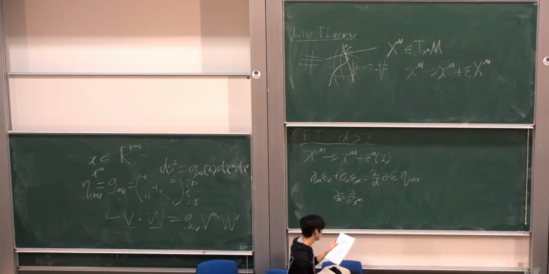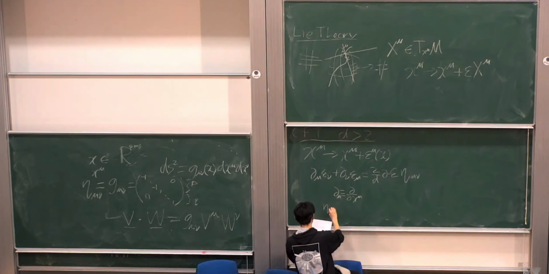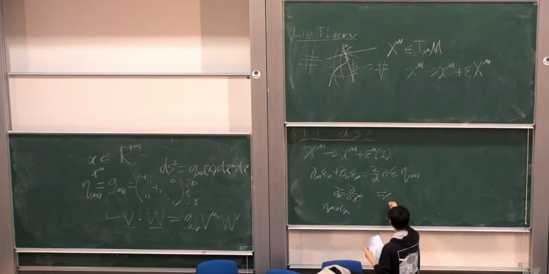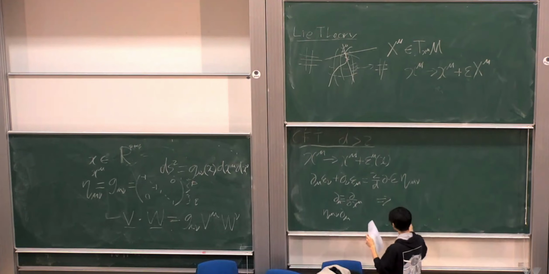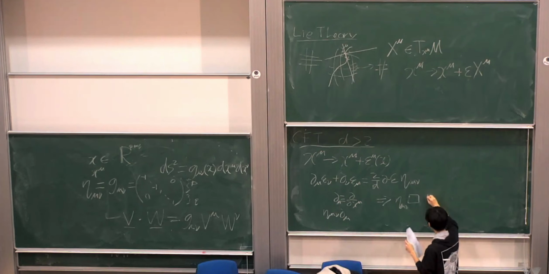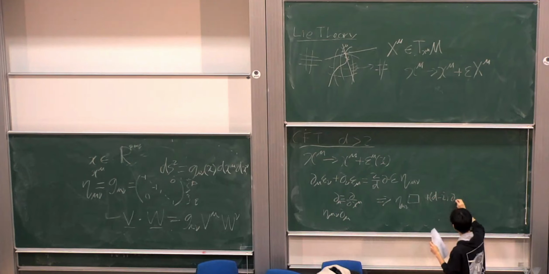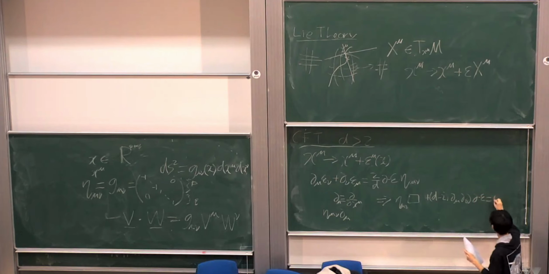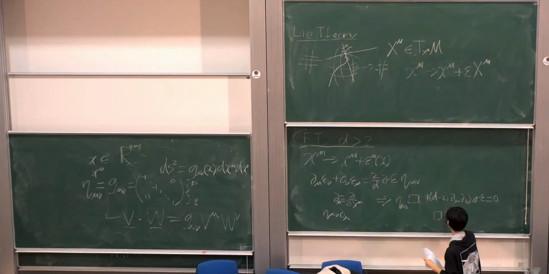And if you multiply eta mu partial mu on both sides, you get eta mu partial mu, the inversion, plus t minus 2 t mu dot epsilon, the inversion, is equal to